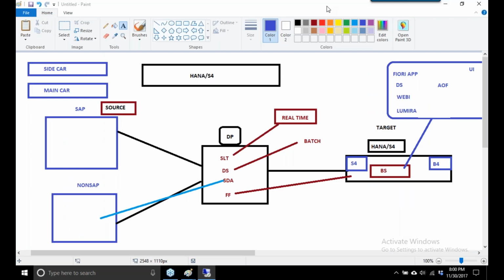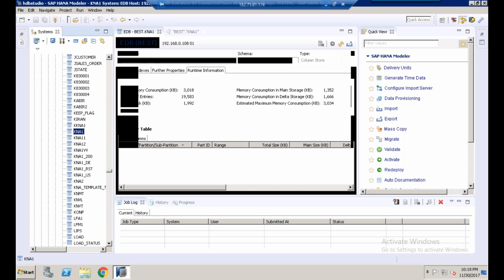It transfers the data from the source, from an SAP system, to the new platform, that is the HANA S4 HANA platform. So once I go back, I click on data provisioning, I select the system and click finish.